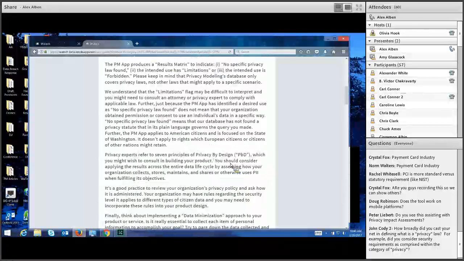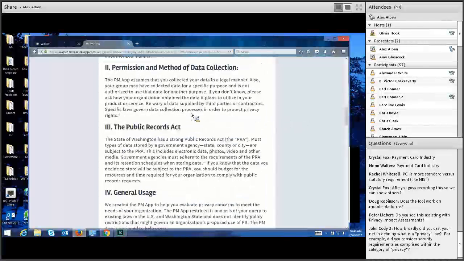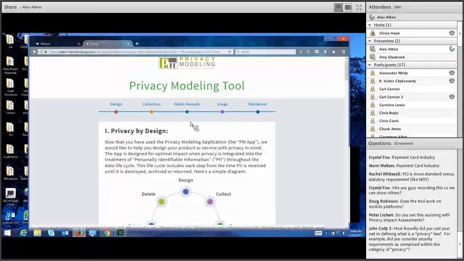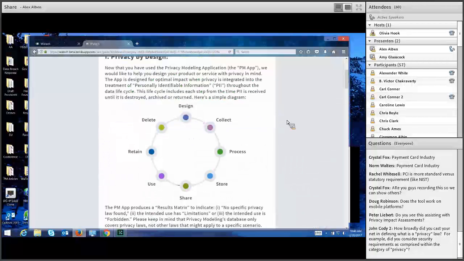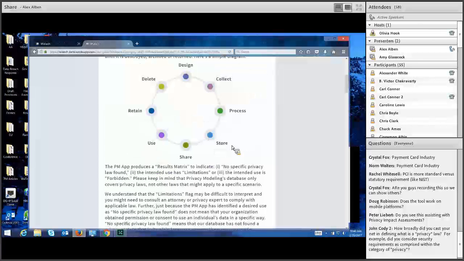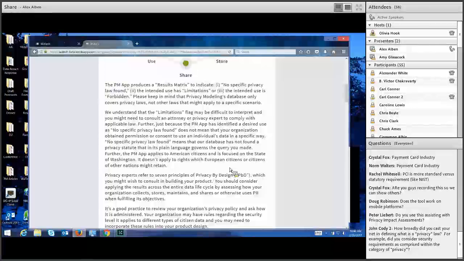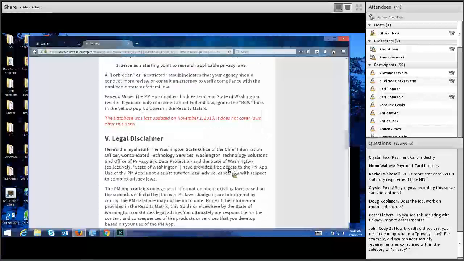I do envision that you could create specialized versions of privacy modeling for specific laws. For example, the new European GDPR. Maybe we could do a privacy modeling app that just interprets that. That would be kind of cool. I think, as I said at the outset, the tool works well when you have a specific search and category of personal information in mind. If you're searching for everything, this tool is going to miss things because it has a finite database.